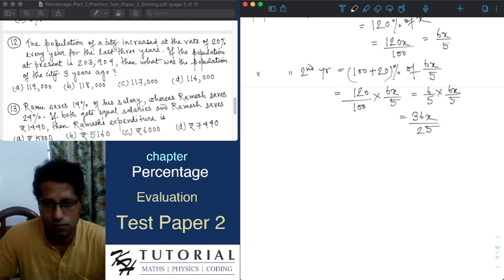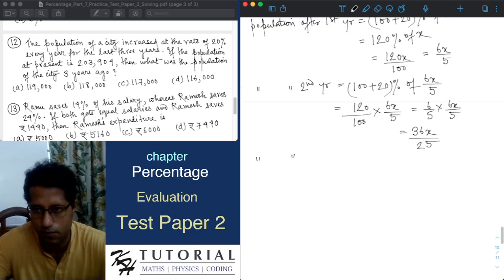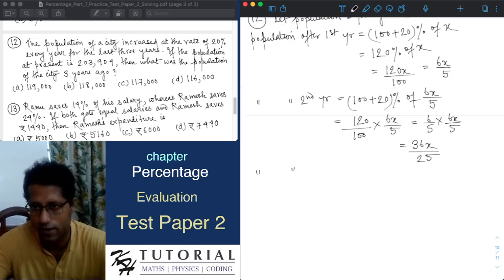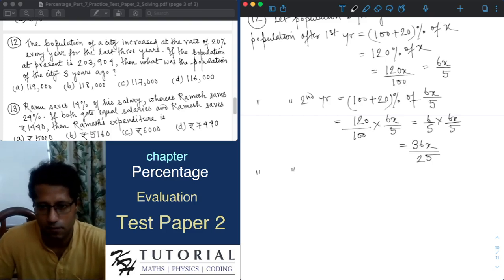Similarly, at the end of the first year the population became 6 by 5 into x, and at the end of the second year it got multiplied again by a factor 6 by 5, so it became 36x by 25. If you observe the pattern, at the end of the third year the population will be